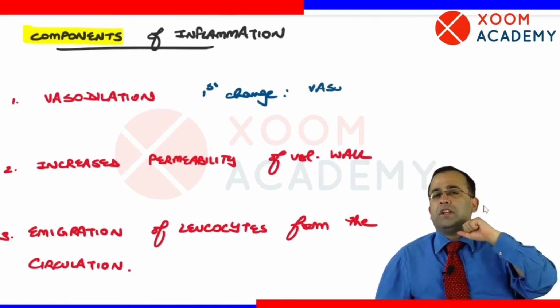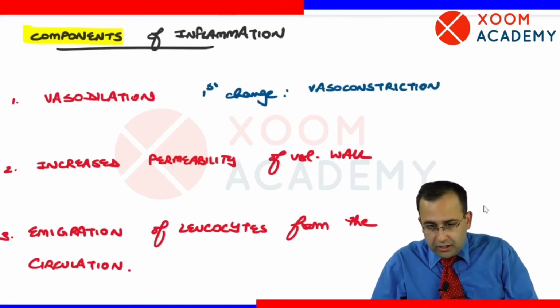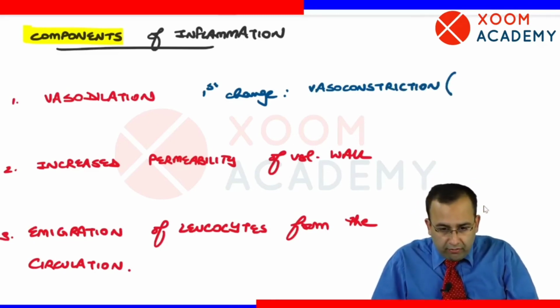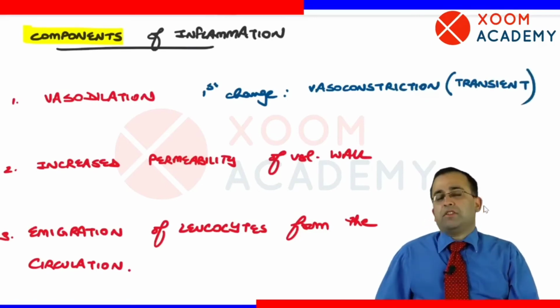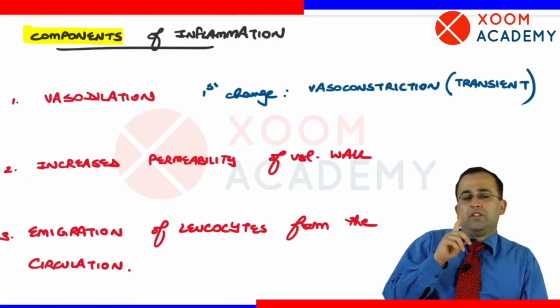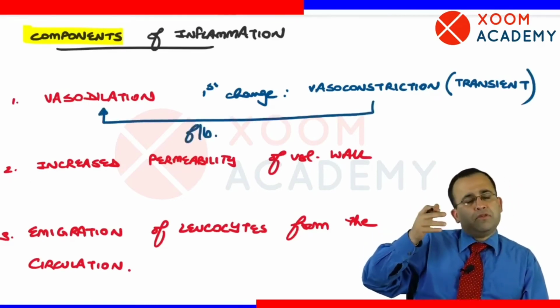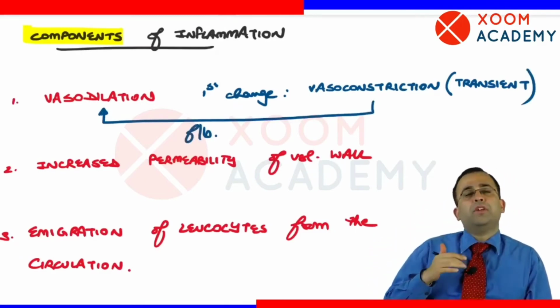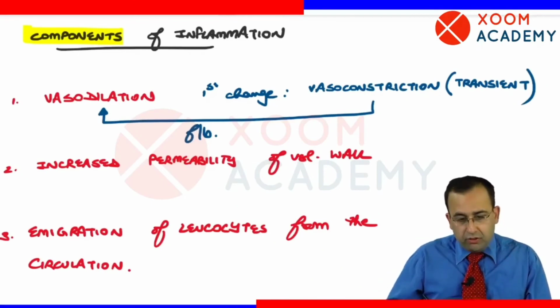First the vessel constricts. It is transient in nature, that is, only for some time, followed by vasodilation. This in turn leads to increased permeability of the vessel wall, followed by emigration of leukocytes from the